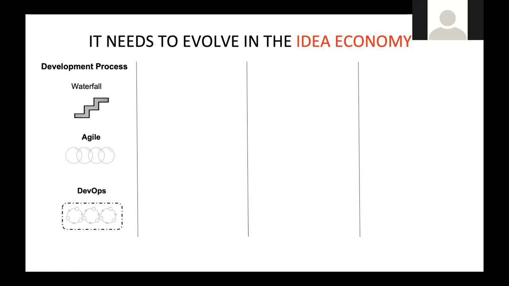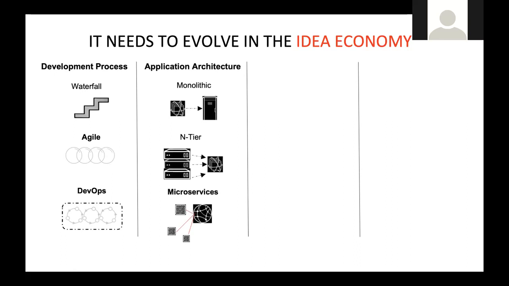So this is the new world that we are moving to. The second is looking at the application architectures. We are also seeing a big evolution in the application architectures, moving from monolithic into multi-tier and then into a microservices architecture. What we mean by that is that instead of having one application having all the services of that application, for example, consider a payment application where you have the authentication, the billing, and the payment services all integrated in a single code base. And it's hard to really modify any of these services without affecting the others. So you will have downtime, you will have complexity, you will have a lot of teams involved.